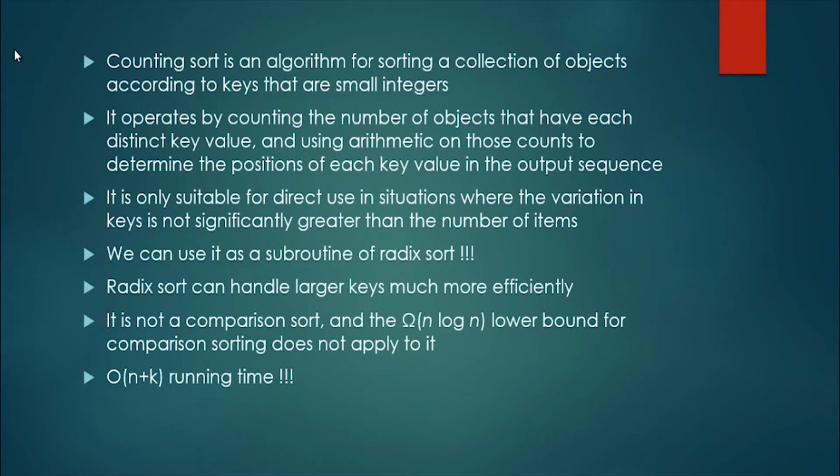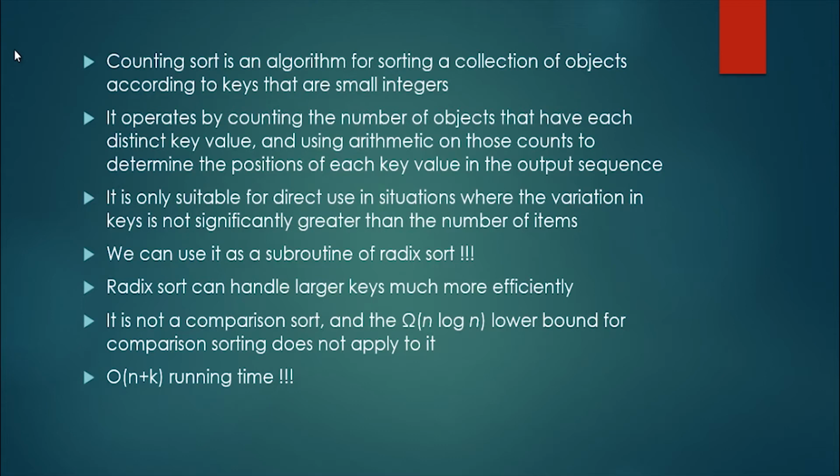We can use it as a subroutine of radix sort. Radix sort is a better algorithm for these kinds of problems because it can handle larger keys efficiently. And it is not a comparison sort, so the n log n lower bound for comparison sorting doesn't apply to it. For sorting algorithms, the lower bound is usually n log n, such as heap sort, merge sort, quick sort, but for these algorithms we always compare the items, and there are algorithms such as radix sort or this counting sort for which